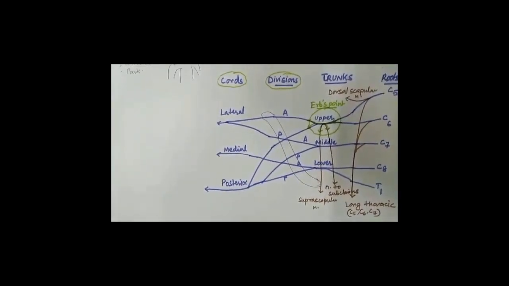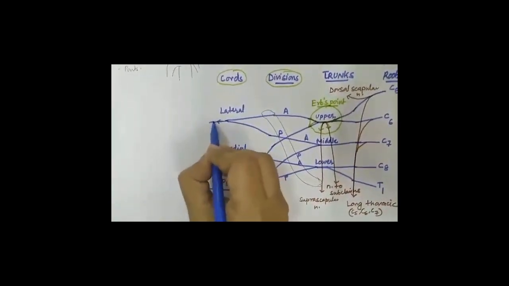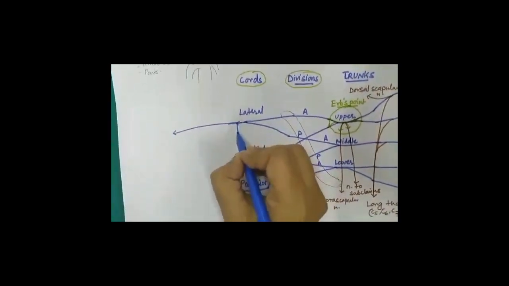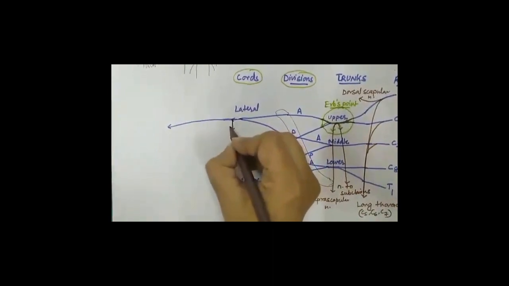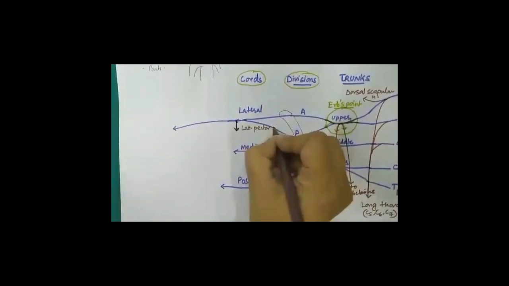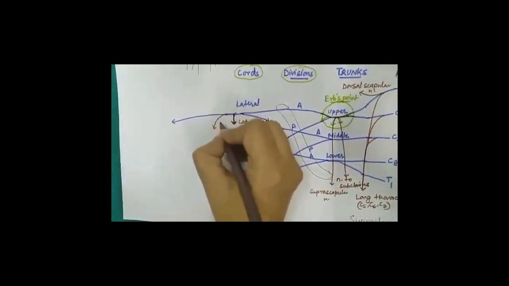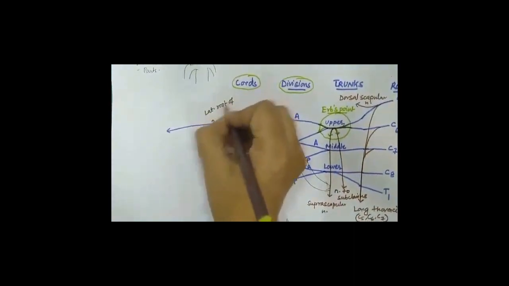Let us see what are the different branches given by these cords. The lateral cord remains laterally. It gives the first nerve, which is called the lateral pectoral nerve. It gives another nerve which is known as the lateral root of median nerve,